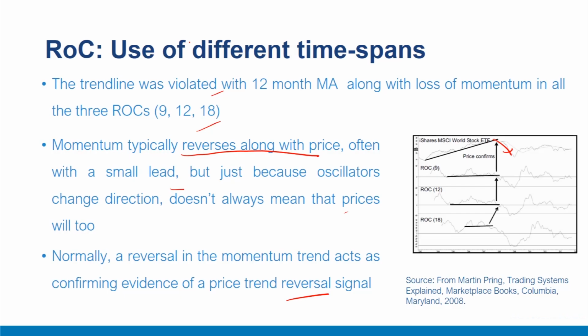To summarize, in this video we examined the relationship between the ROC momentum oscillator and prices. We also saw how ROC constructed with multiple or different time spans can add value and fuel to the weight of evidence approach. Increasing momentum is a bullish sign while falling momentum is a bearish sign, and it is to be read in conjunction with actual price action or price trend.